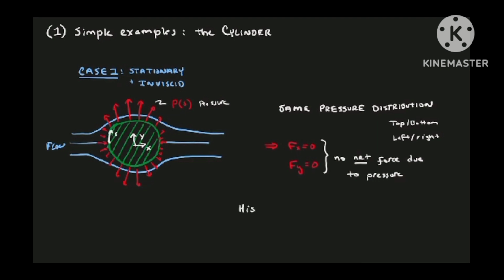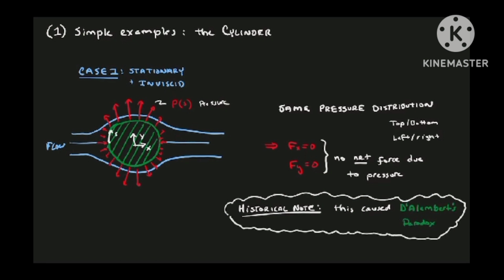A quick historical note, this actually caused the famous D'Alembert's paradox. Early in our understanding of fluid mechanics, we didn't know about viscous forces. So everything we knew about fluid forcing came from pressure. D'Alembert noticed that, according to his equations, there should be absolutely no drag on the cylinder, like our